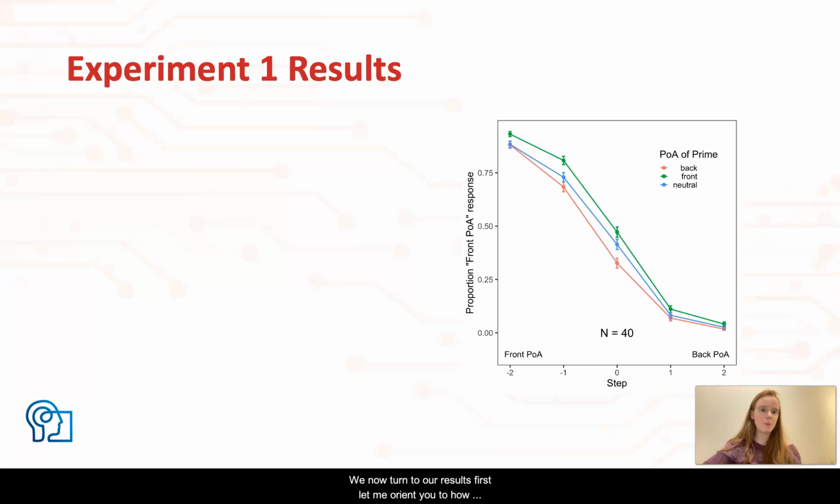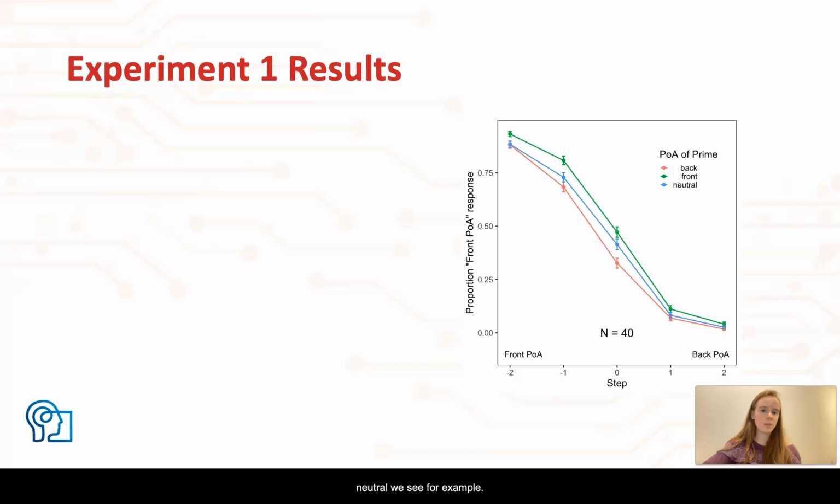First, let me orient you to how we plot this data. Along the x-axis, we have our continuum step, ranging from our most sa-like token to our most sh-like token. The y-axis indicates the proportion of front place of articulation responses. In other words, proportion of sa responses. The colors of the lines indicate the different priming conditions. The green line indicates that the prime was a word beginning in S. The red line indicates that the prime was a word beginning in esh, and the blue line indicates trials where